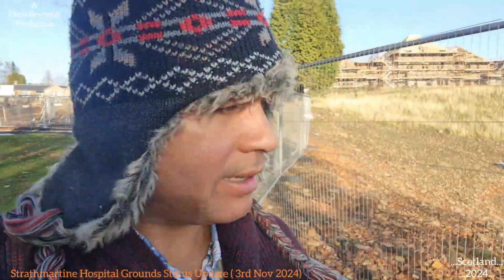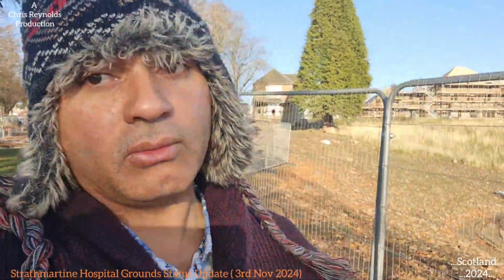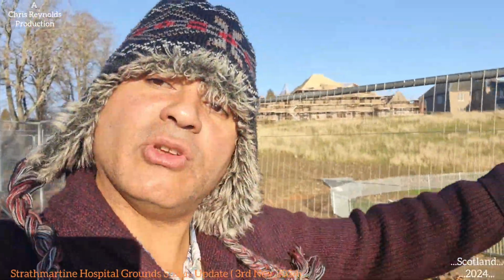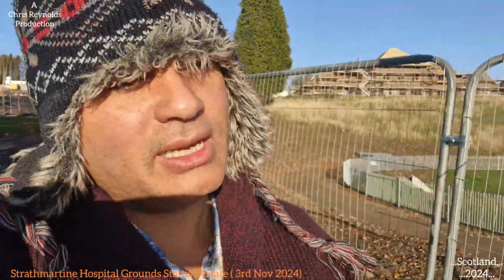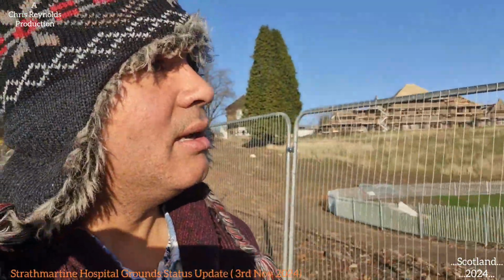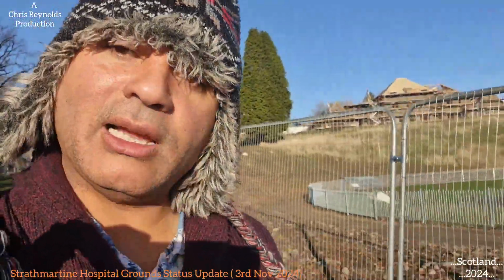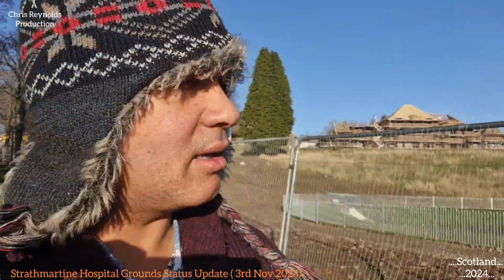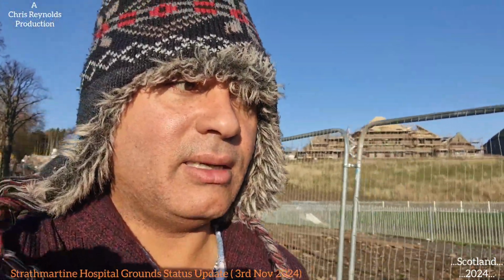So that's looking at it from the south boundary of the whole hospital grounds. I'll go around to the east boundary and go up to the north bit as well and get footage from there, because I've covered this area during the status update videos. I'm going to basically cover the same areas that I've covered before, and you can see what it was like before and its current